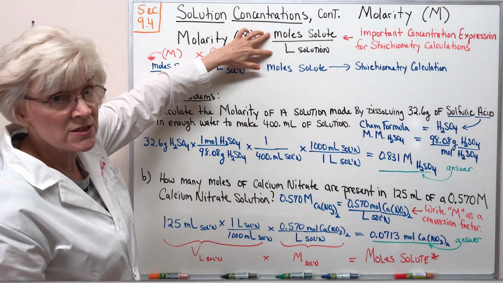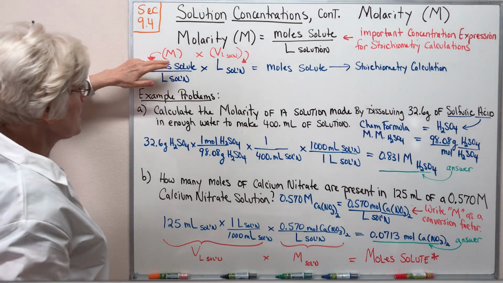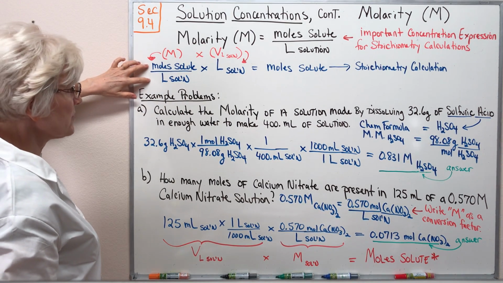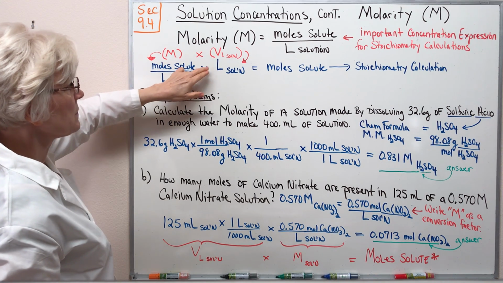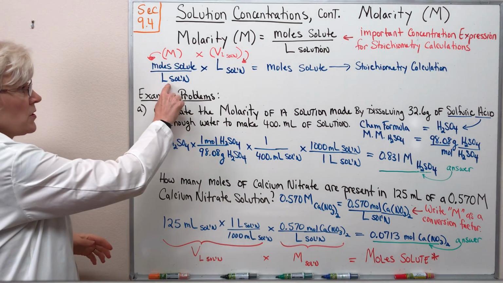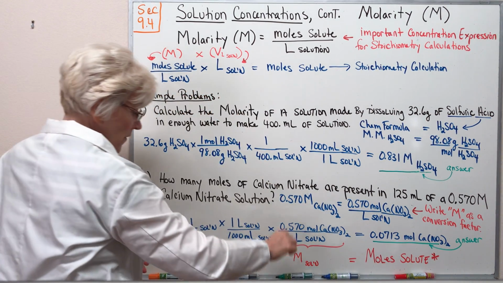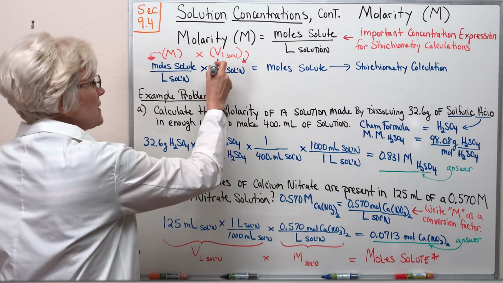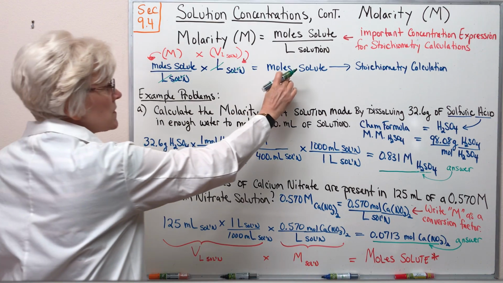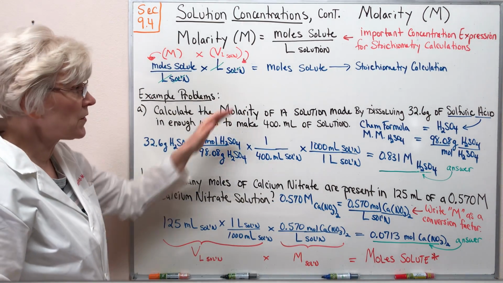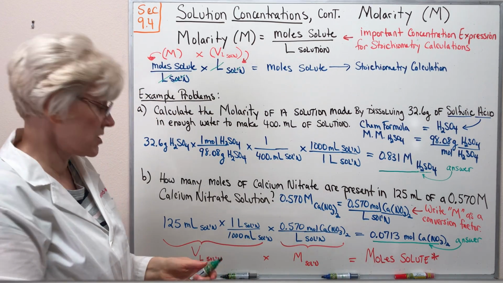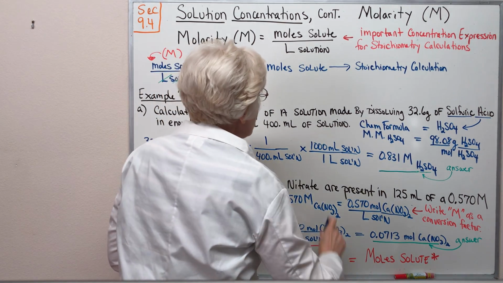Just looking at the dimensional analysis, we can see that if we take a molarity, defined as moles of solute over liters of solution, and multiply by a volume of solution in liters, so molarity multiplied by a volume of solution in liters, looking at the dimensional analysis, the liters of solution cancel. We calculate moles of solute, and then we can go on and do a stoichiometry calculation if desired,